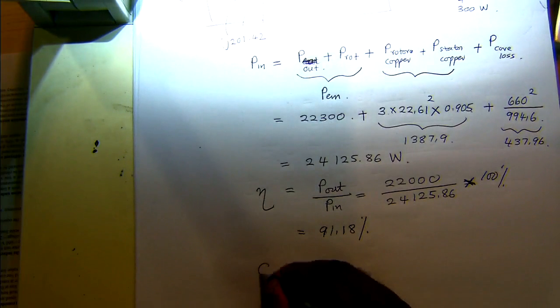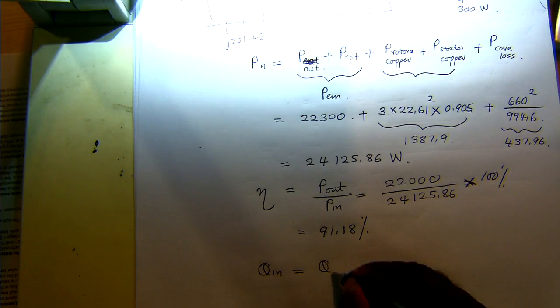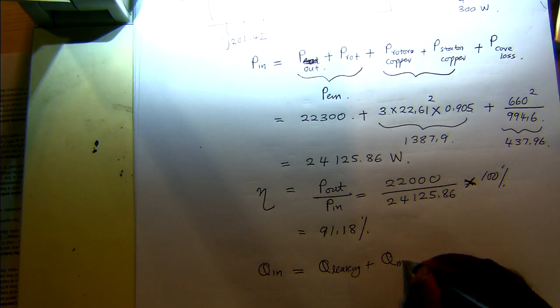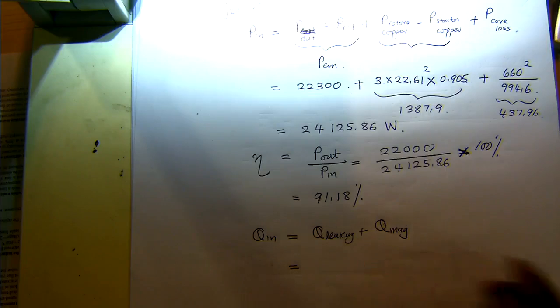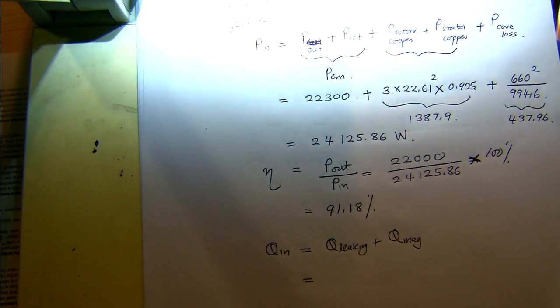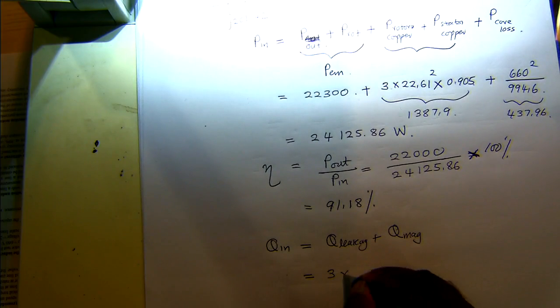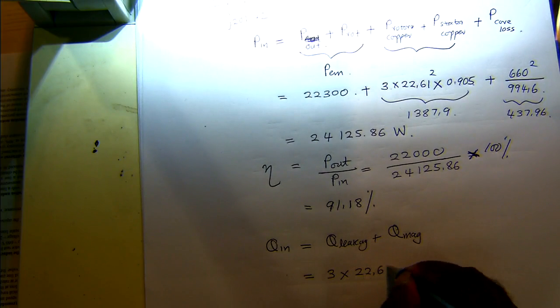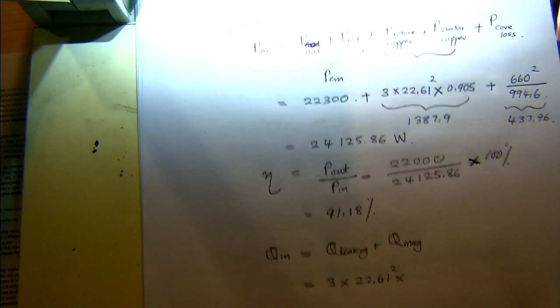So Q in will be Q leakage plus the Q magnetizing. So the leakage part will be I squared X naught, so that will be 3 times 22.61 squared the leakage reactance, which is 6.5,